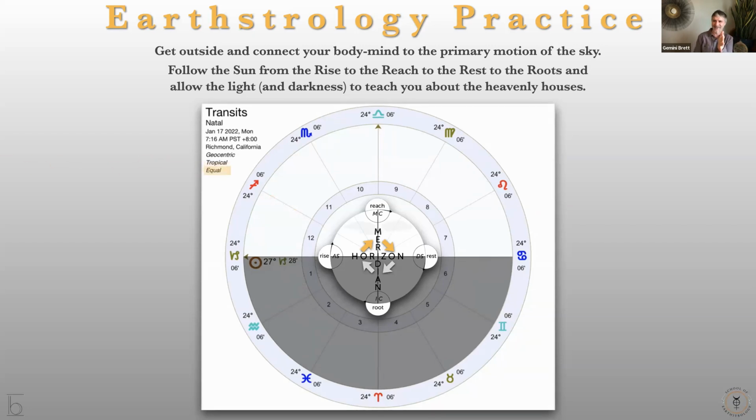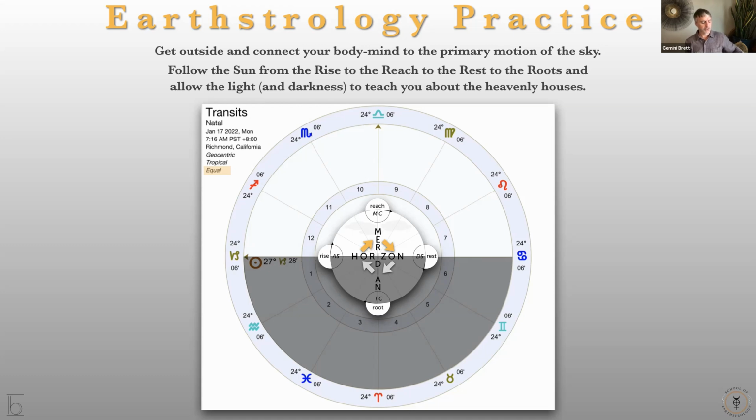And you see that square bounced in because I want to highlight the truth that for the ease of less confusion, I elected to cast this chart and to animate the daily motion on what's called an equal house system chart, where every house cusp begins with the same degree of the zodiac as the ascendant. You can see in this case, they're all 24°06'. The sun is about to rise. It's the very end of the winter of the day, if you will. But in the first month of the winter of the year, if we're talking Northern Hemisphere, like Richmond, California, where this chart is cast for,